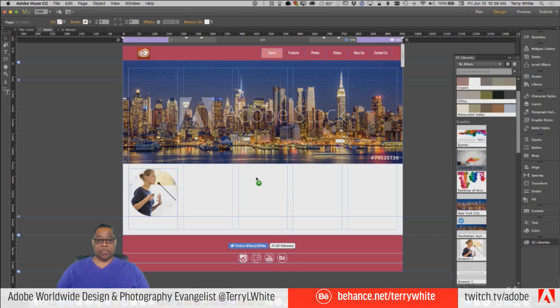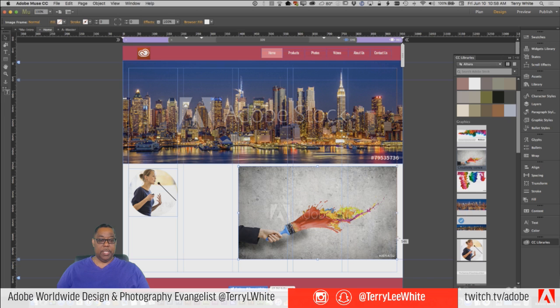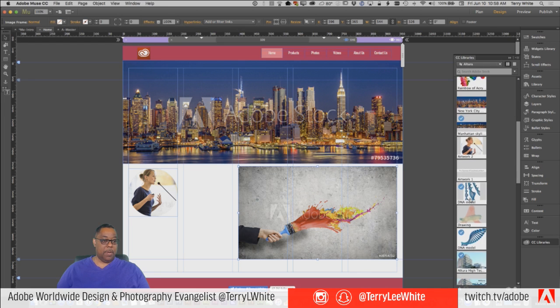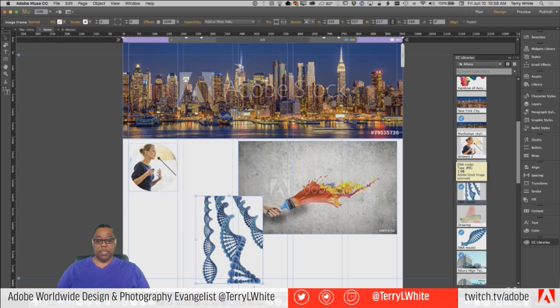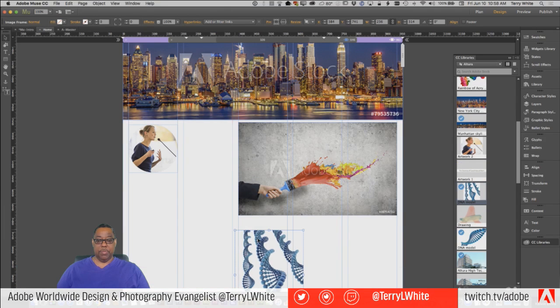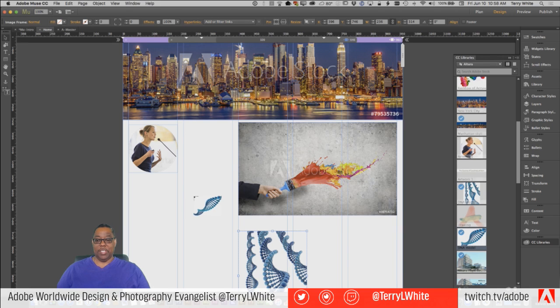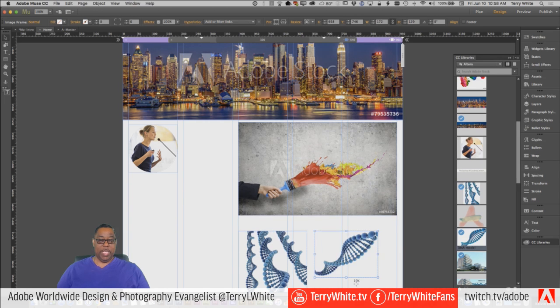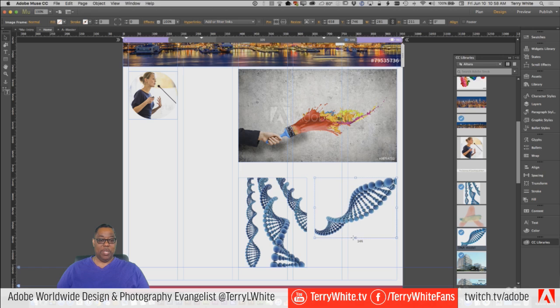All right, here, we'll bring in this one. And we're going to go ahead and scale this one to be this size. And then we bring in this one. And we'll scale this one to be this size, and we'll move it down. And we'll bring in another one and put it next to it. We'll bring in this one. I'm just randomly bringing things in so I can show you a technique for when the images don't necessarily fit well together based on their position.